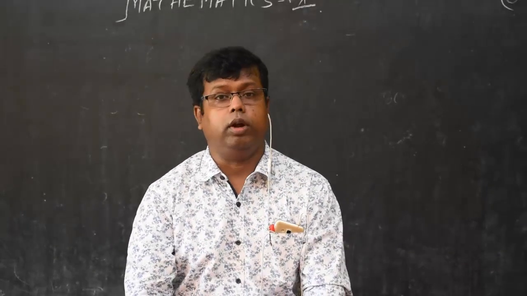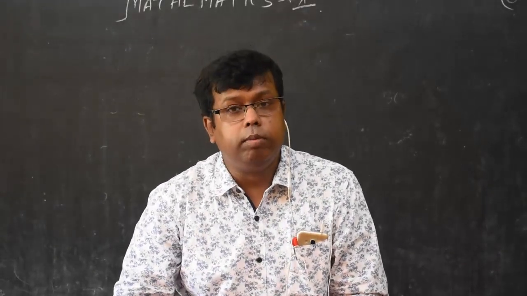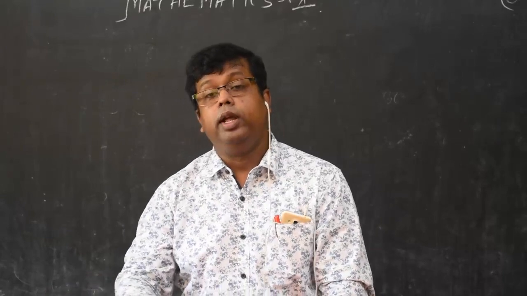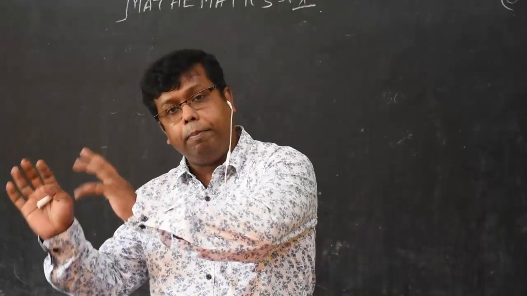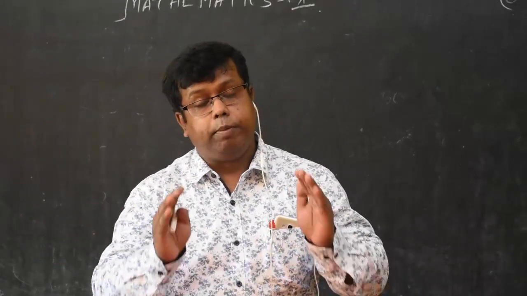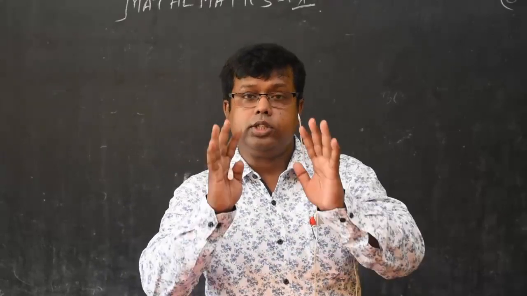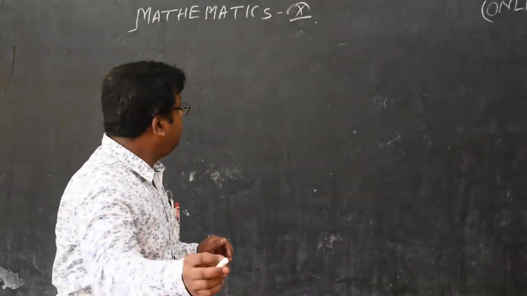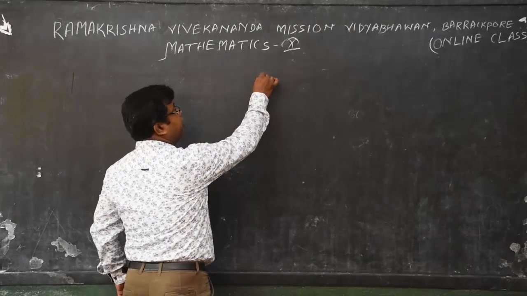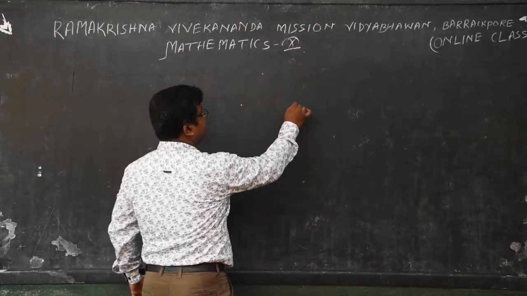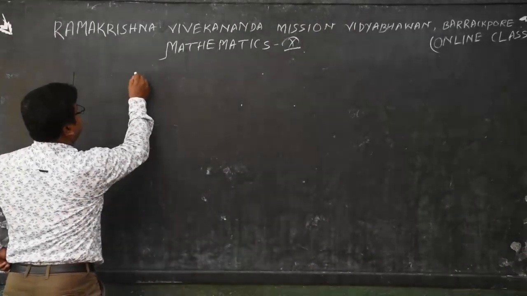But you have to understand the theorem, because this theorem may be given as application. This theorem may be applied in the application. So you have to understand the theorem. Okay, let's start with theorem number 31. Theorem number 31 is through 3 non-collinear points.